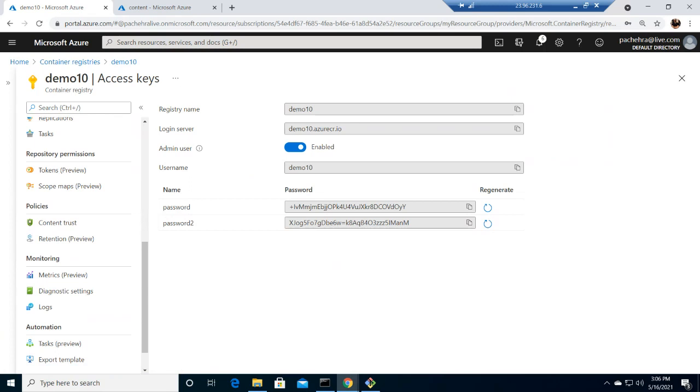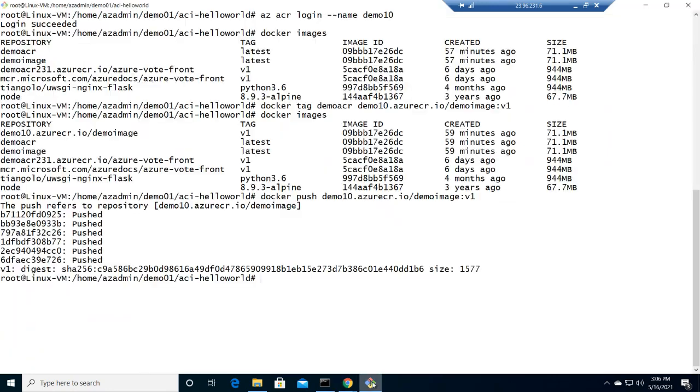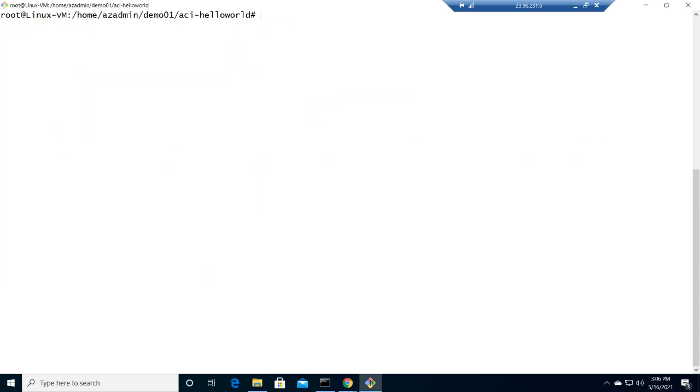We can simply use Cloud Shell for that, or we can use a simple virtual machine where I have installed Azure CLI. As you have already seen, I pushed the image to the Azure Container Registry from this machine. So let me clear this out and create the ACI, that is az container create, resource group. All right,